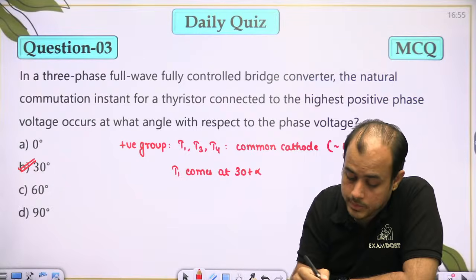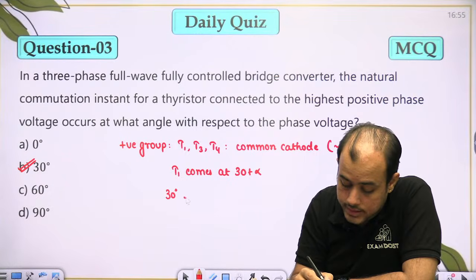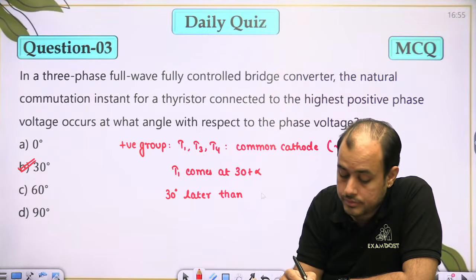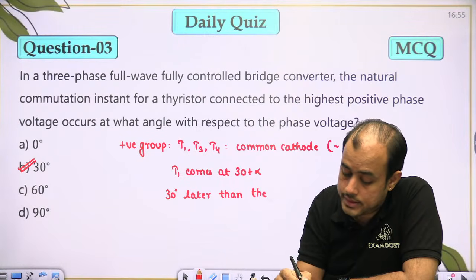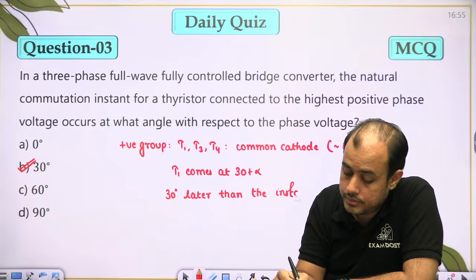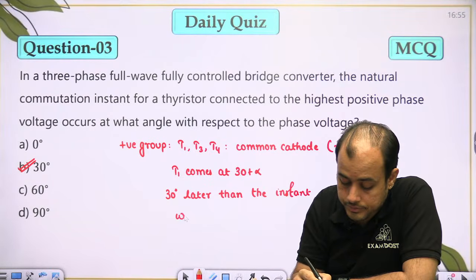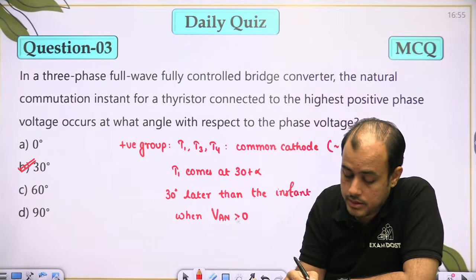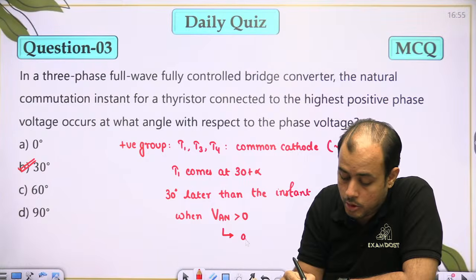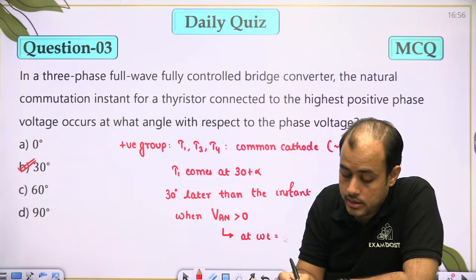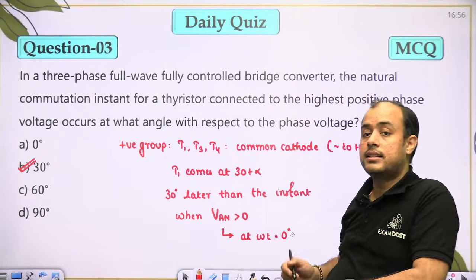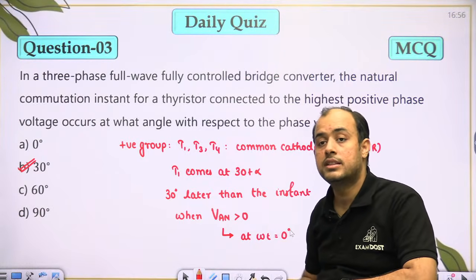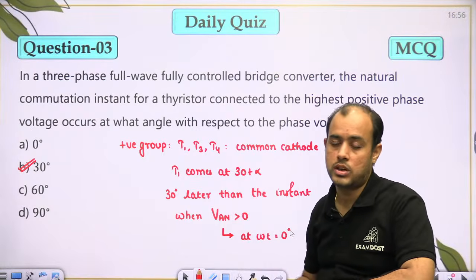T1 comes at 30 plus alpha, or you can say 30 degree later than the instant when TAN becomes positive. TAN becomes positive at 0 degree, but T1 conducts at 30 degree. AN तो 0 डिग्री पे पॉजिटिव हो गया, बट T1 30 डिग्री पे आपका फॉरवर्ड बायस होगा, सो द गैप